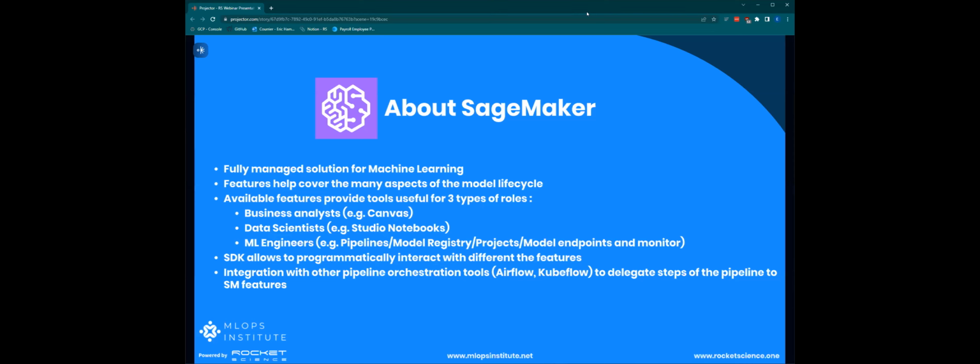Also, SageMaker is also the SDK that allows you to programmatically interact with the different features. As we'll see later in the demo, there are several ways to interact with each of these features. So you can do it either directly through the point-and-click console or through a notebook that is running on the studio,